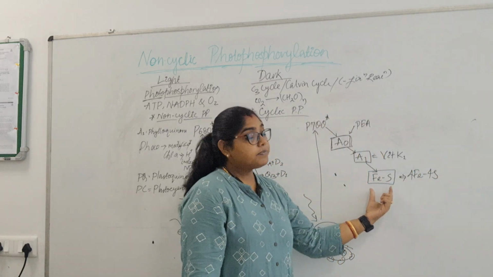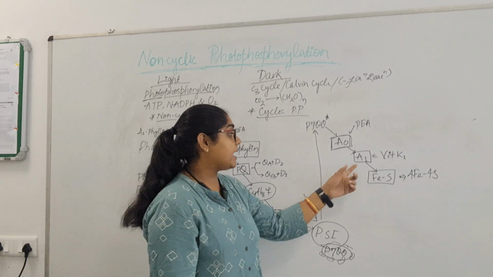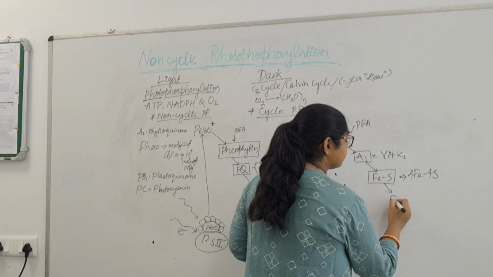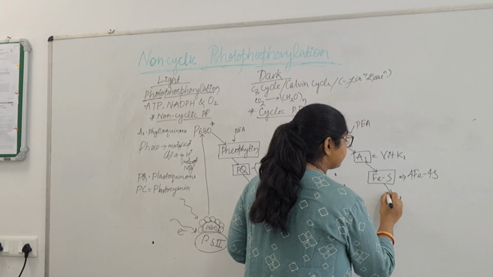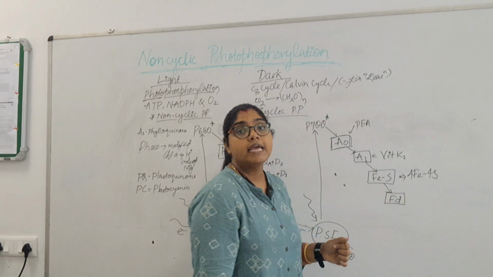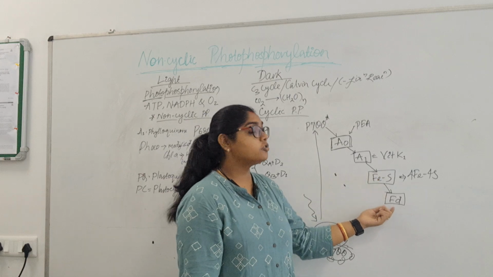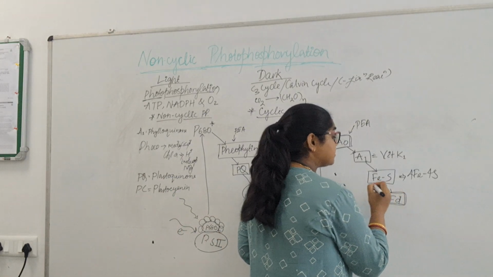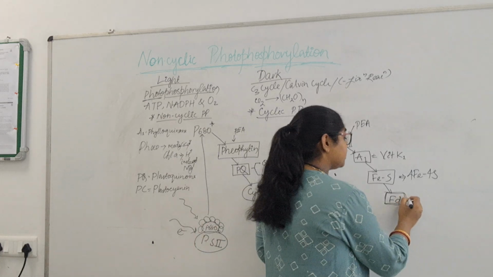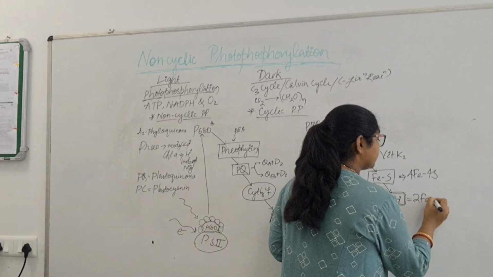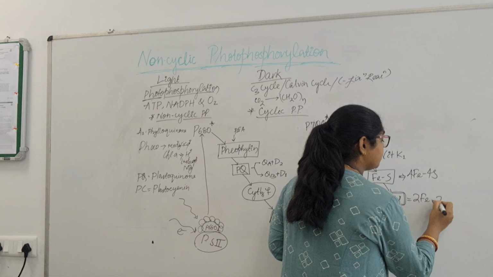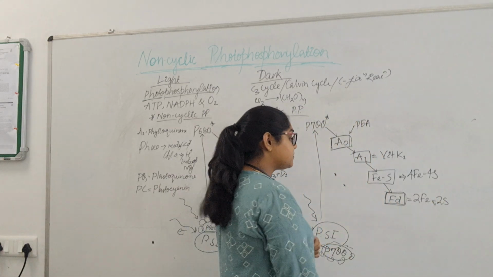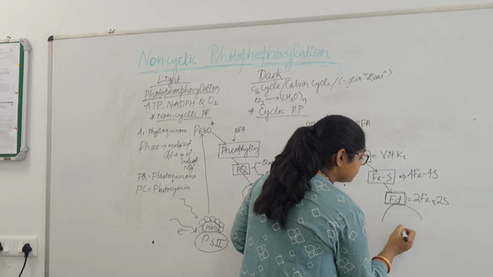This iron sulfur type of reaction center again sends the electron to another iron sulfur protein, which is small and water soluble, that is ferredoxin. This reaction center sends the electron to ferredoxin. So what is this ferredoxin? It is another iron sulfur protein, whose configuration is 2Fe and 2S. Then this ferredoxin again transfers the electron to